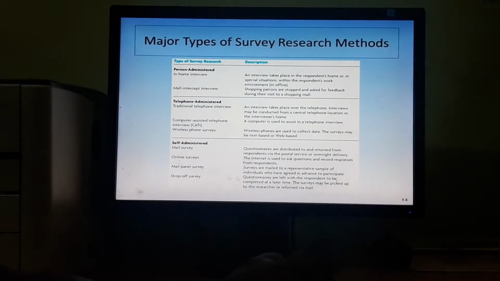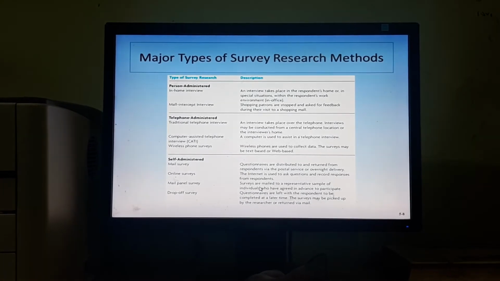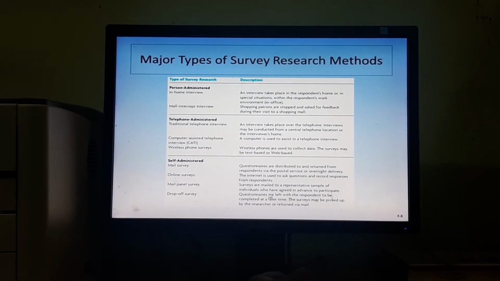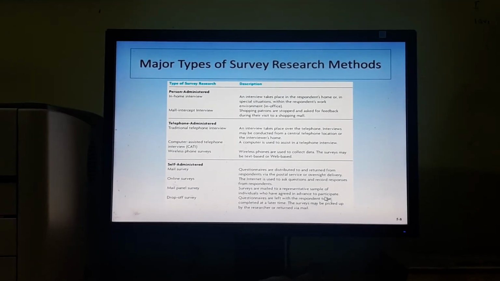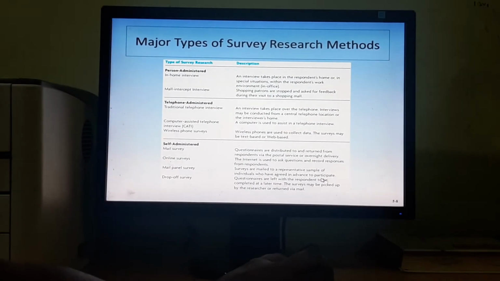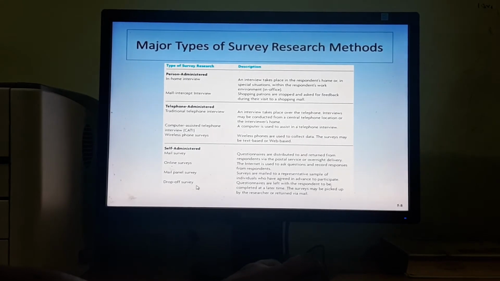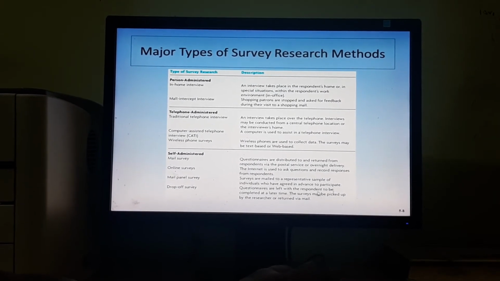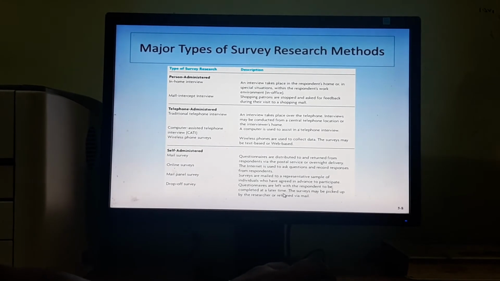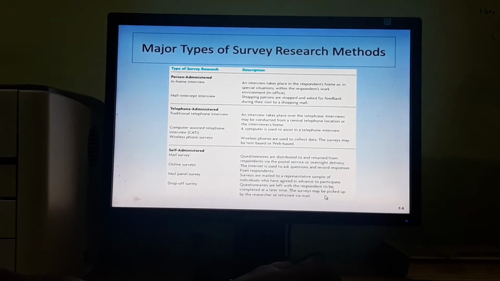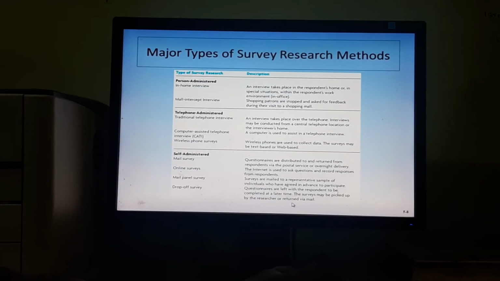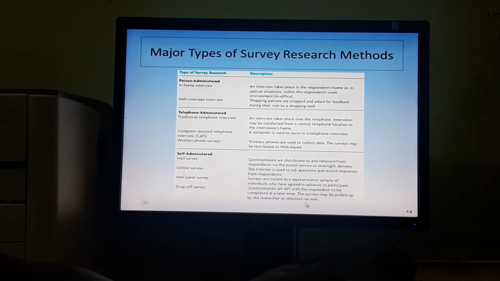In a mail panel survey, surveys are mailed to a representative sample of individuals who have agreed in advance to participate. And in a drop-off survey, questionnaires are left with the respondent to be completed at a later time. The surveys may be picked up by the researcher or returned via mail.